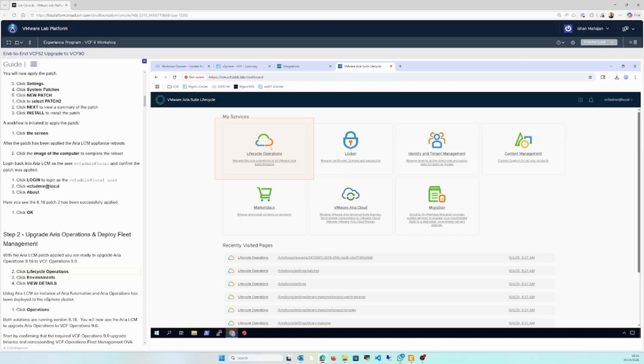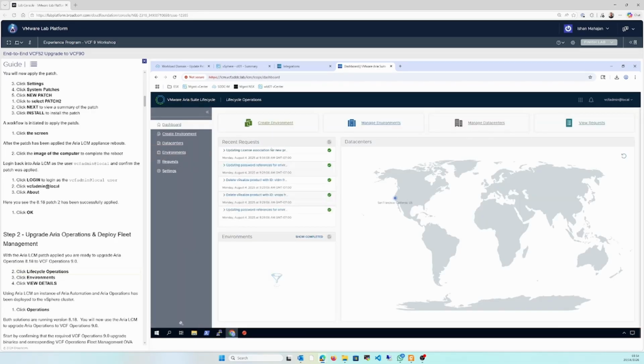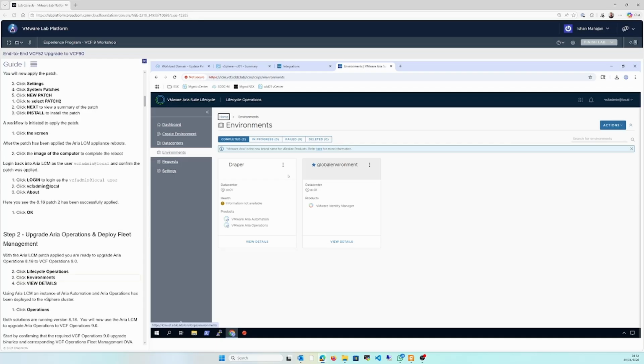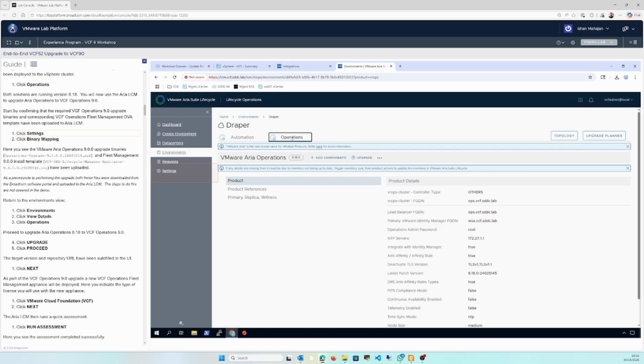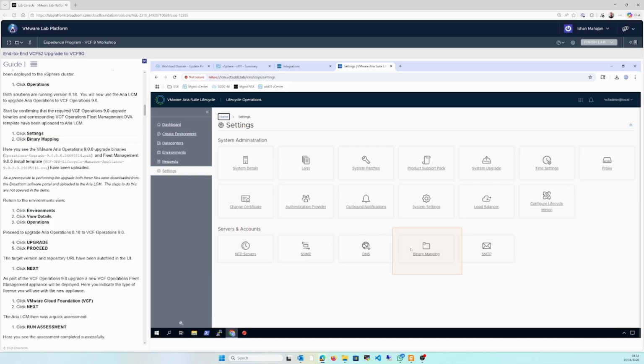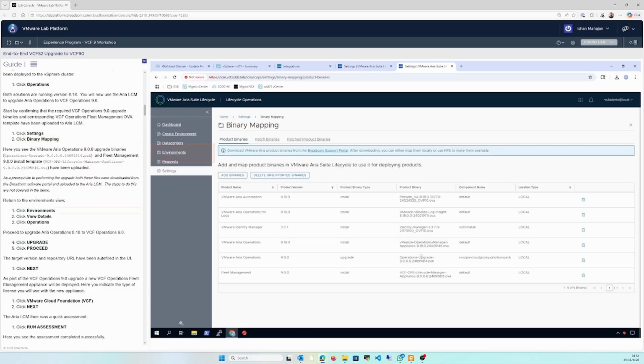management. So we'll click on lifecycle operation, click on environments. Then in the environment, we will view this particular environment, wrapper, click on operations, click on settings, binary mapping. So here you see the VMware operations 9.0